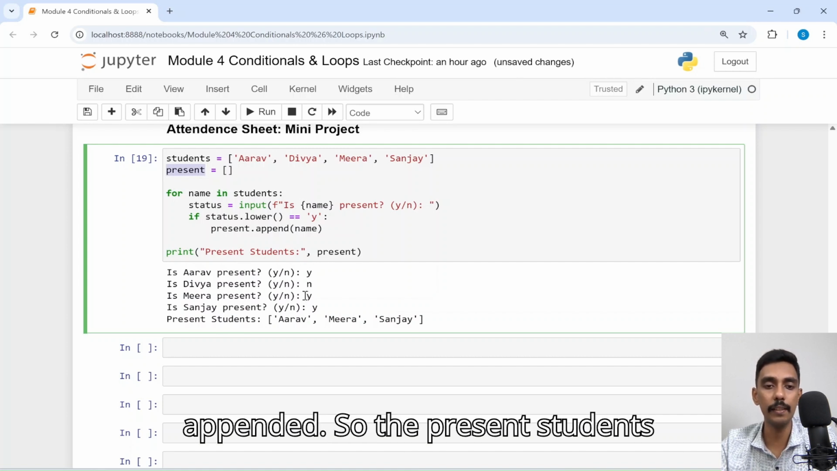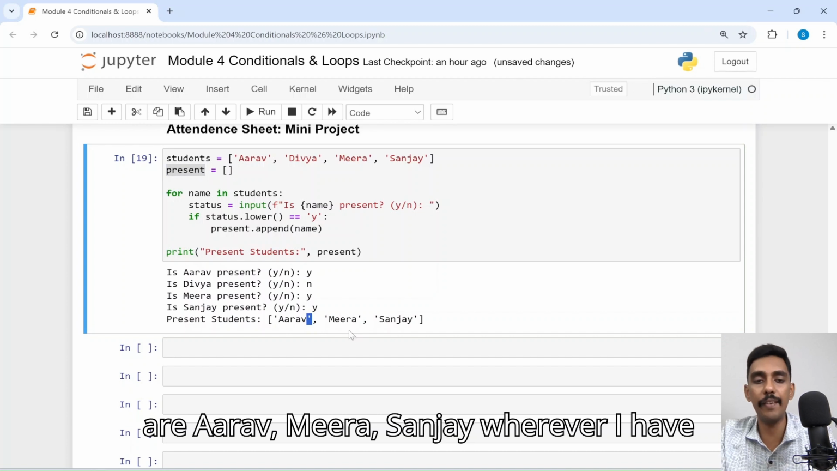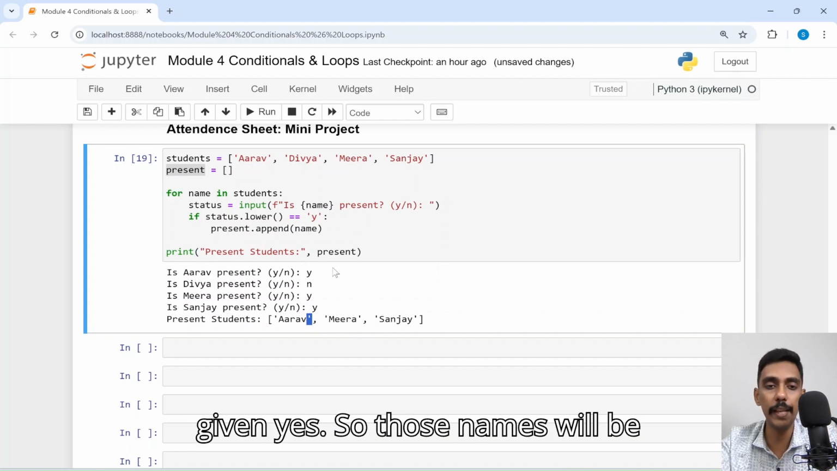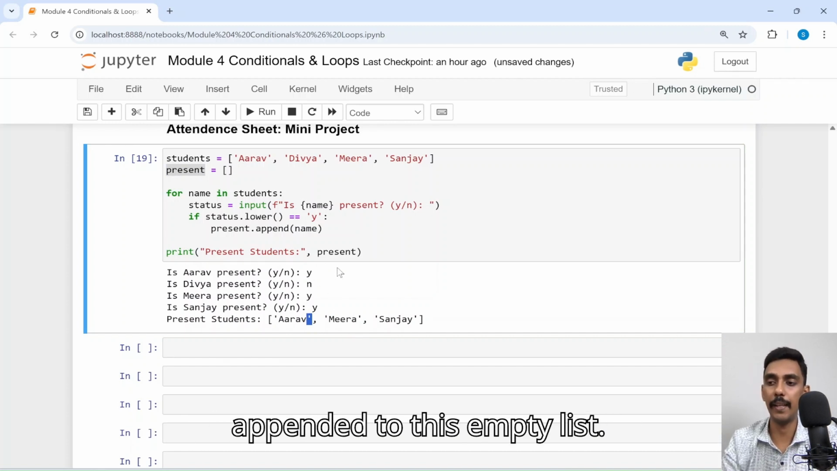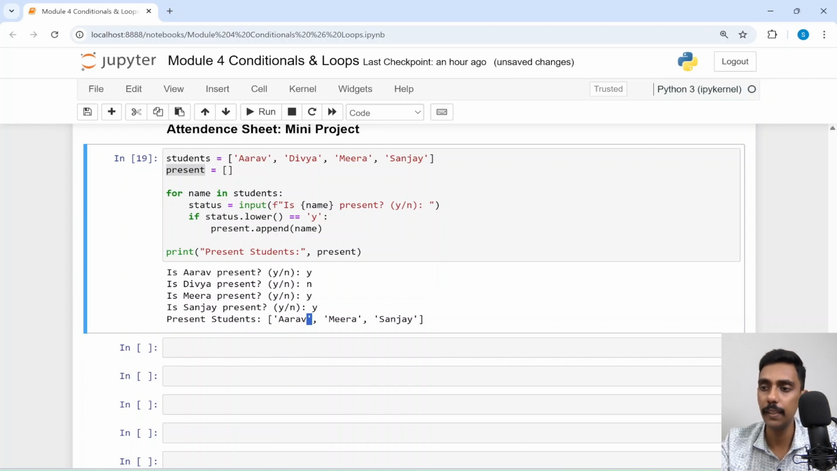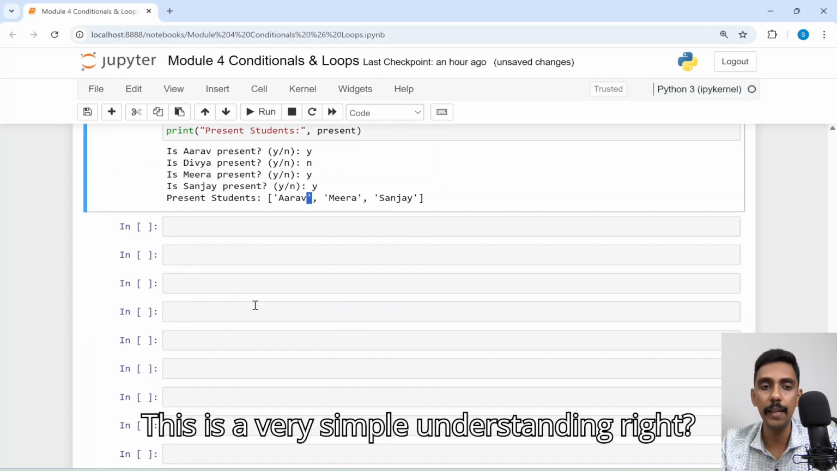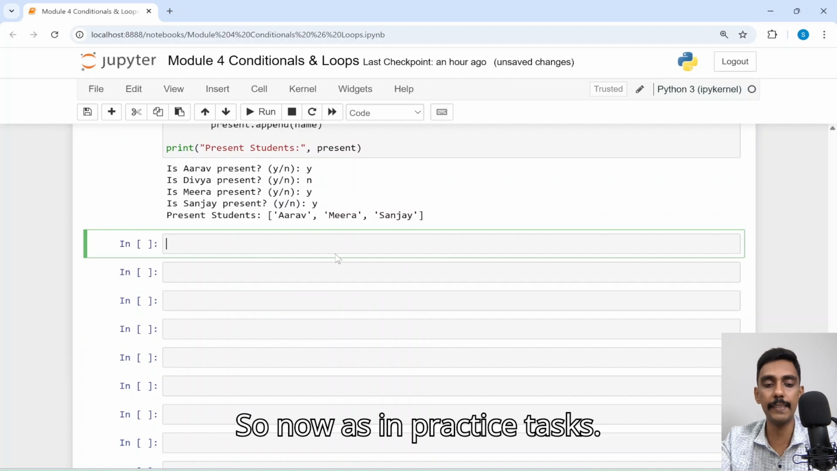So the present students are Arav, Meera, Sanjay, wherever I've given yes. So those names will be appended to this empty list. This is a very simple understanding, right? So now, as in practice tasks,